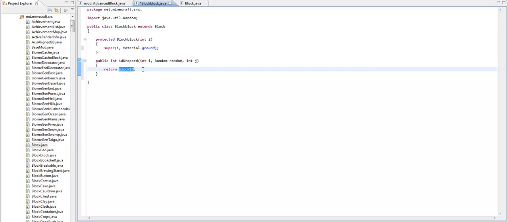So obviously if we leave it like this, it will just return the block ID and that will do nothing. But what we can do is make it return an item, which we'll have to have dot shiftedIndex on the end. ShiftedIndex just turns our item or block into an integer, and this statement returns an integer, so that's what we're going to do for that. So then when we break it, it will drop an apple,